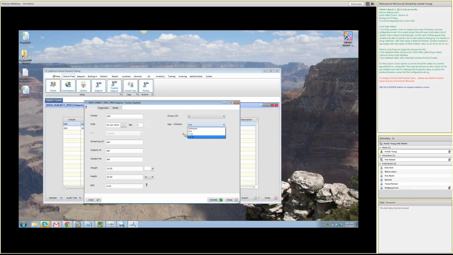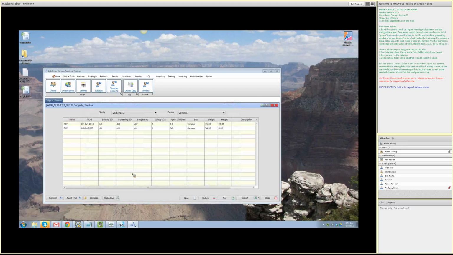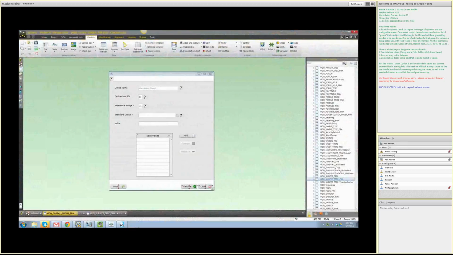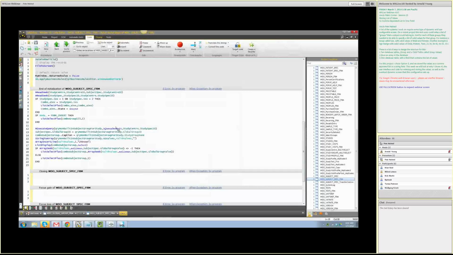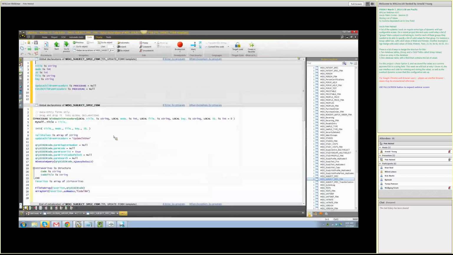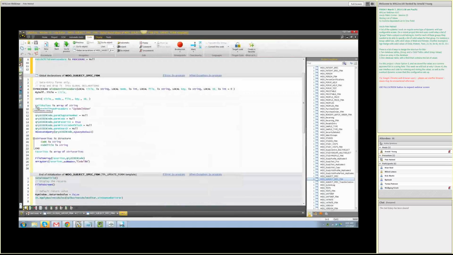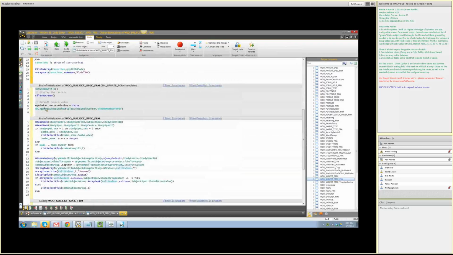Okay, anyway, there's our interface. Let's take a look at the code for that side of things. And this code, for the most part, should look very familiar. The first half of it is identical. We declare that array, same as we did before, valid values. And then